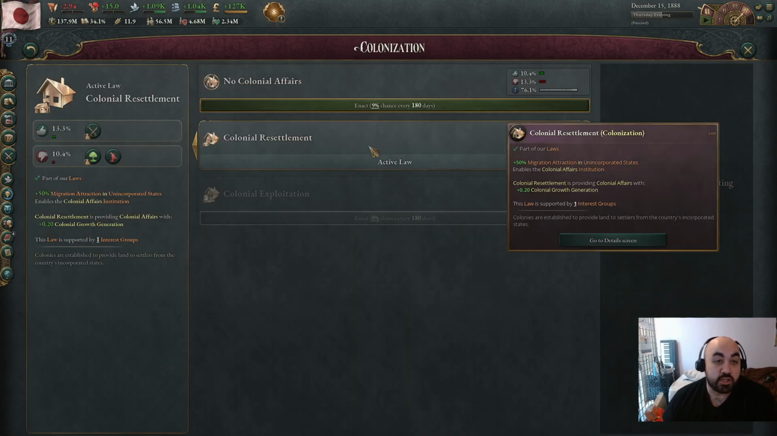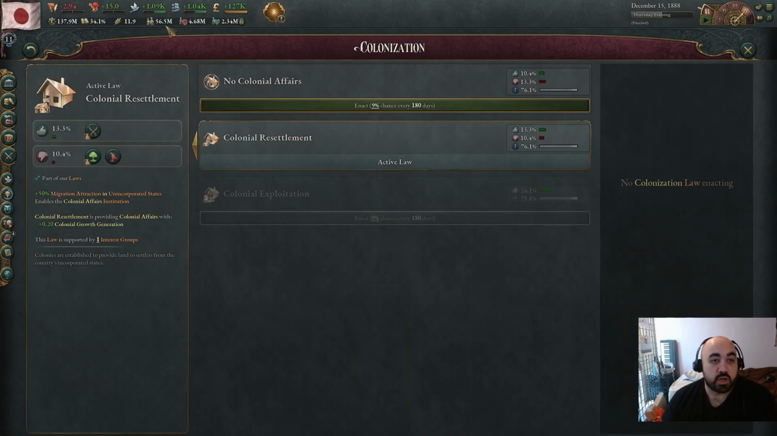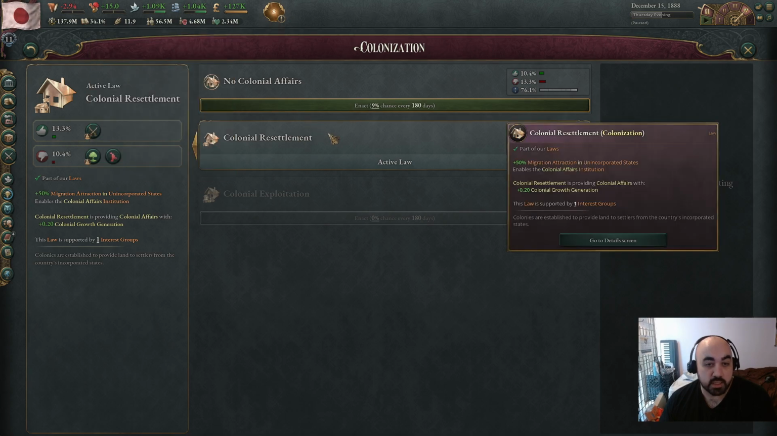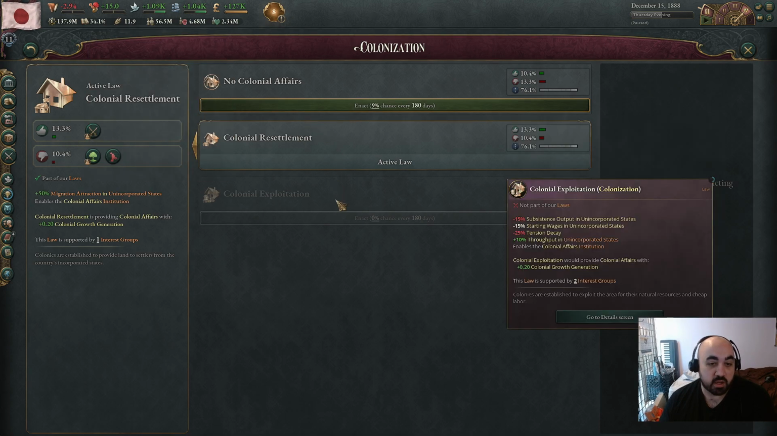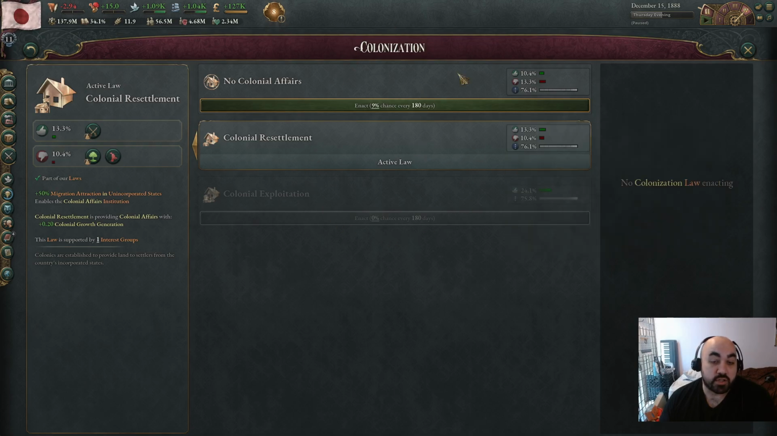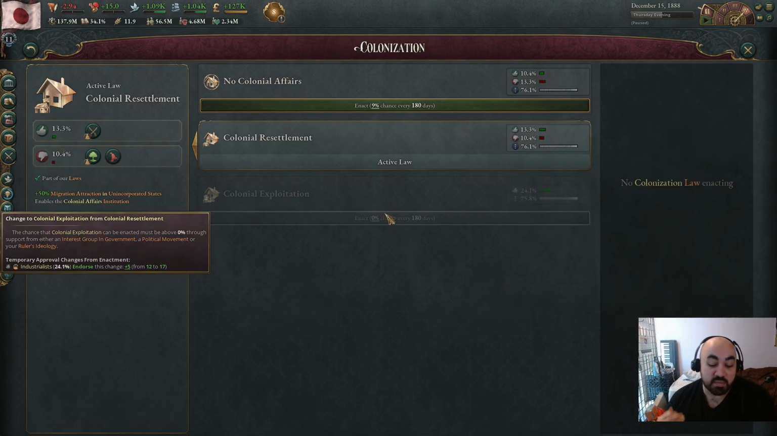Your colonization speed is based on your incorporated pops. So the more incorporated pops you have, even if they're peasants, the better colonization gets. Roughly speaking, I think colonial exploitation is best because of this throughput bonus in unincorporated states, but resettlement's a lot better now in 1.2. And so colonization is going to be extremely important, and it's going to be especially good in